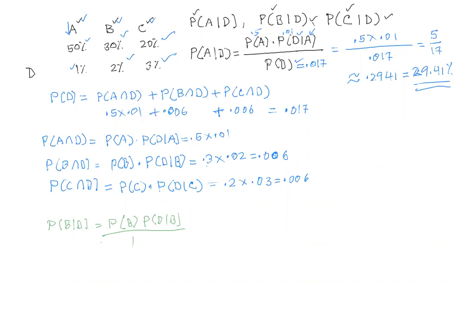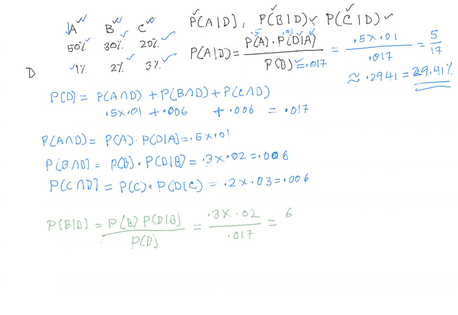This is pretty straightforward. Probability of B is 0.3 times probability of defective given B is 0.02 divided by 0.017, which is approximately